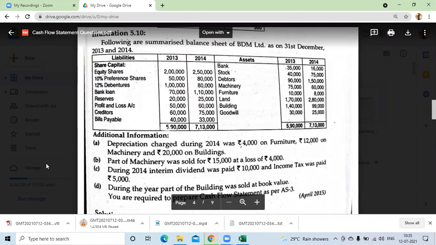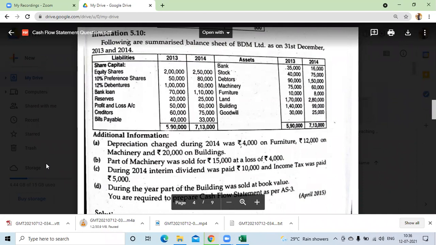It cannot be bank loan given, dear, because it is on the liability side. Now there are two possibilities. If the amount is increasing, that means bank loan taken. But if it is decreasing, then bank loan repaid. Principal amount is repaid to the bank. Now come to the second option. Suppose bank loan is given on the asset side, so what is the possibility?